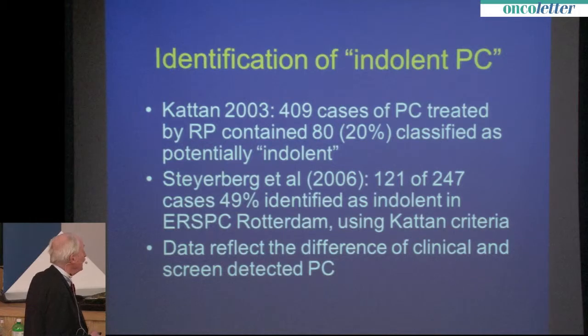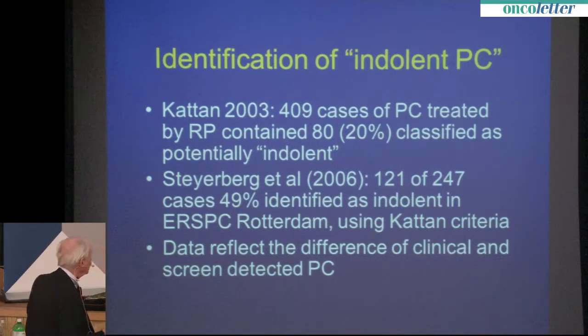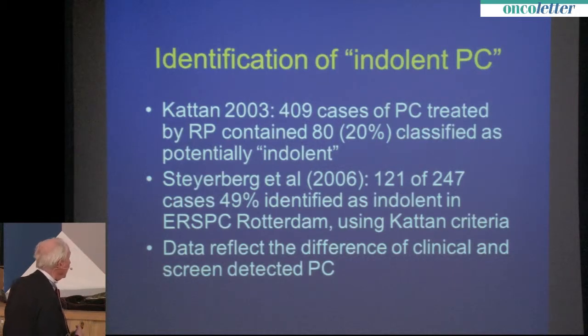We have to realize that there are different definitions of what indolent disease is. Indolent disease, I think, should be defined on the basis of the use of risk calculators. Insignificant disease is defined purely on the basis of biopsy or radical prostatectomy specimens, and the most commonly used criteria are the Epstein criteria. So what Dr. Steyerberg has done, he has